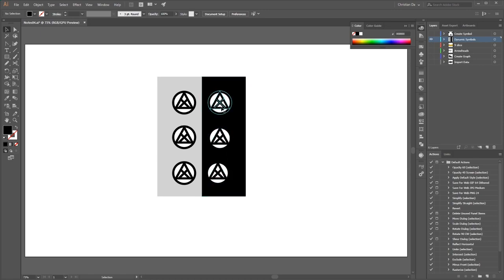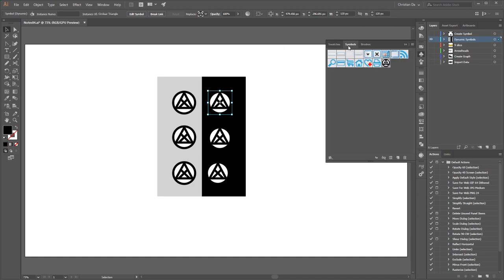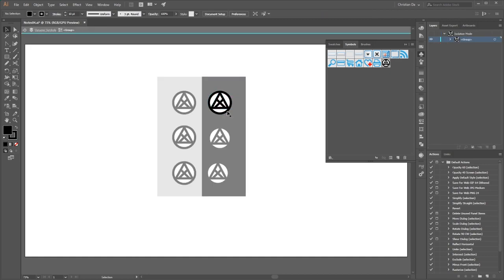So one thing you could do is, if I select this one, let's say I just want to edit this one for this particular situation, what I can do is go back to our symbols panel here and break the link. What this does is it makes it so it's no longer a symbol, and I can double click to get to the isolation mode, and double click again because this is a group. I just want to target this